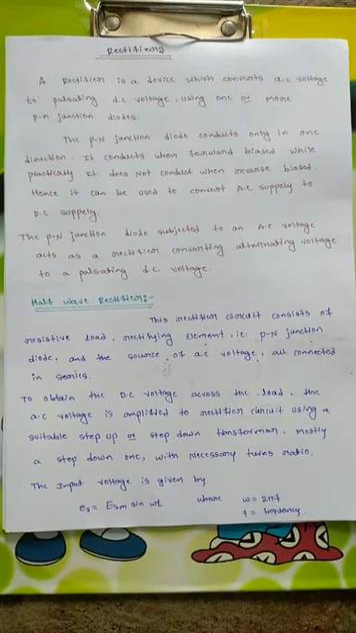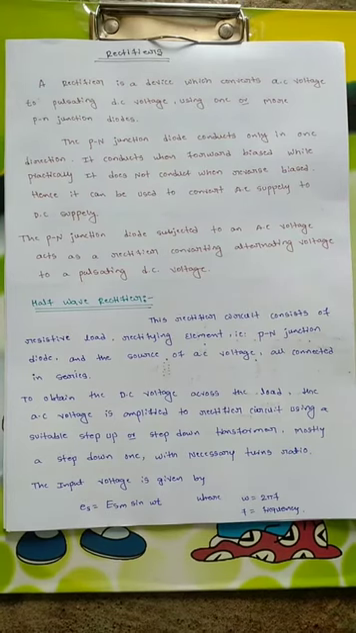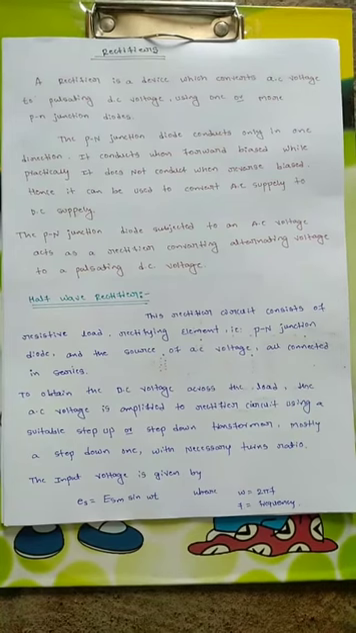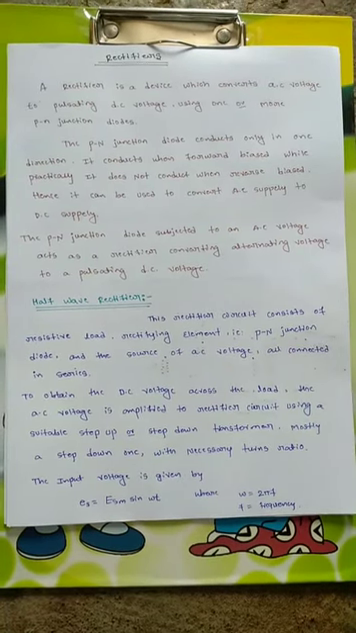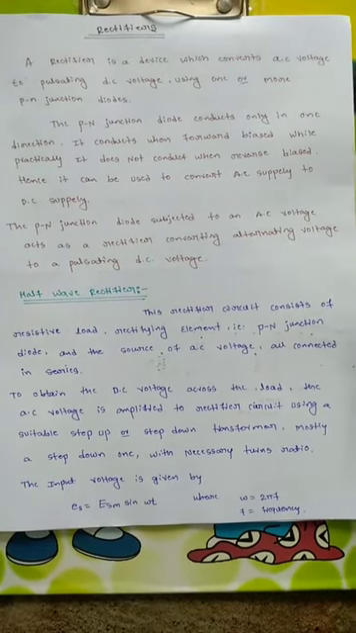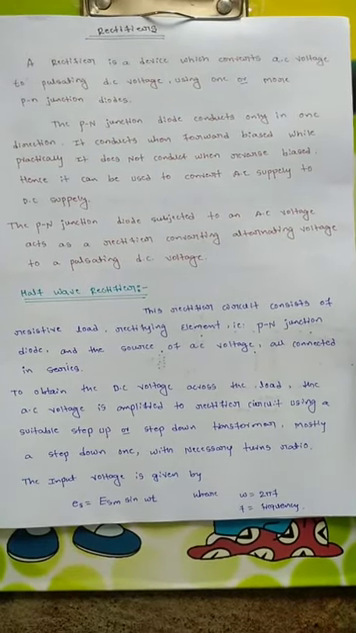A half wave rectifier will only convert a half cycle into a positive cycle, and a full wave rectifier will convert both the positive and negative cycles into a pulsating DC. Today we will discuss the half wave rectifier, and in my next video I will be discussing